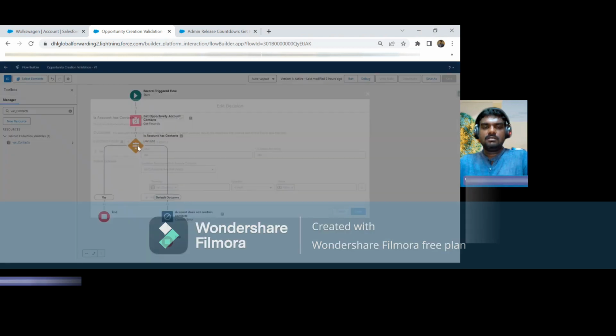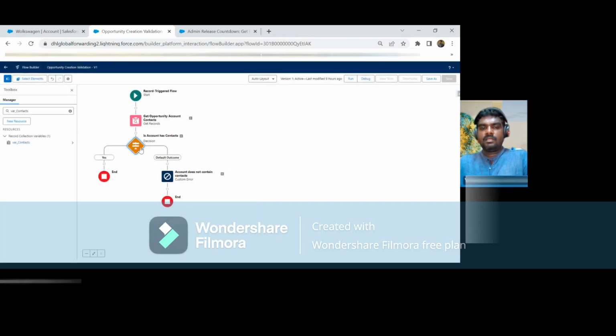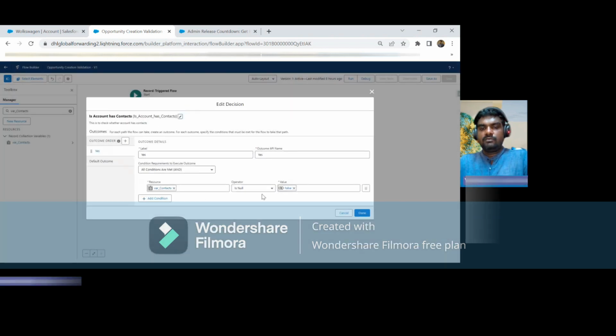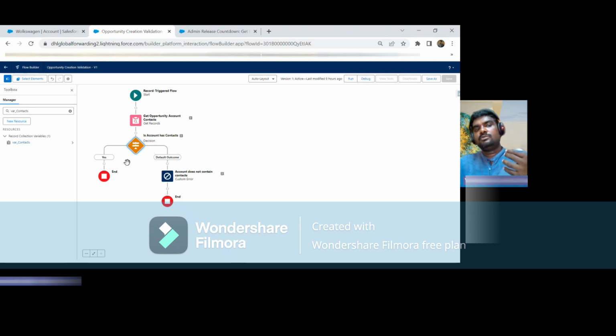Now I go to the decision, and I check whether the contact variable is null equals false, which means if it is false, the variable null equals false, which means we already have a contact and we can continue to create the opportunity record. If it is true, it goes to the default outcome, where I do not expect this opportunity record to be